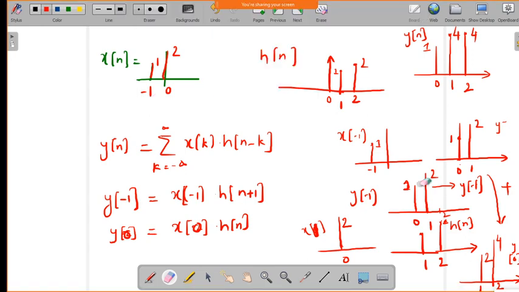In the similar way you will get x of 0 and h of n, because k equals 0. So now if you multiply these two you will get the signal y of 0. So now this y of 0 and y of minus 1 you have to add. So now see the index 0. So here at index 0 it will be having the value 1, amplitude value 1. So is there any value, amplitude value, at index 0 here? There is nothing there. So 1 plus 0. So you need to get the value corresponding to index 0, that is amplitude value 1.